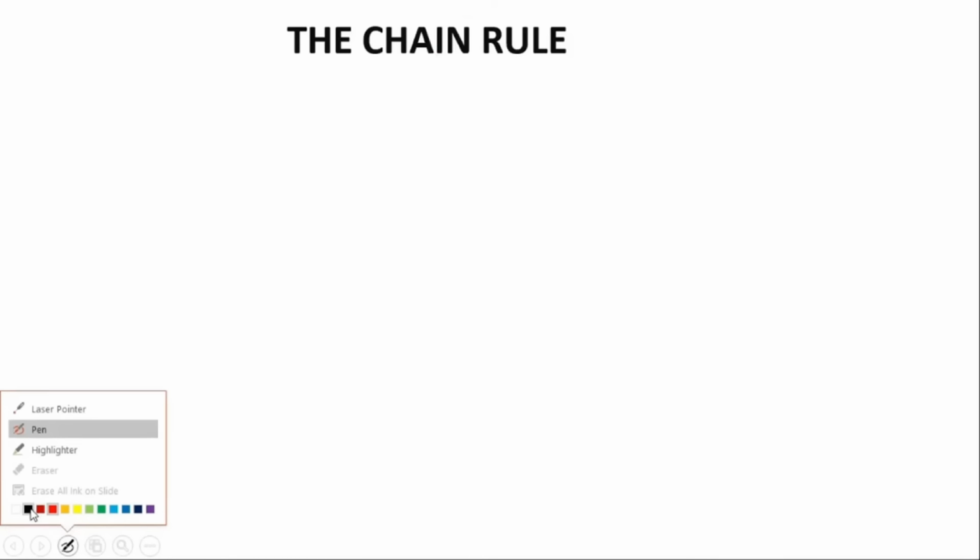So for us to be able to use the chain rule, let's look at this scenario. Assuming we have a function where y is a function of u, and then u is also a function of x. For us to be able to differentiate these two functions, we need to use the chain rule. That is to say, y is a function of u, and u is a function of x. So it means y is a function of a function. If you want to find dy dx, we need to use the chain rule, which is given to us by